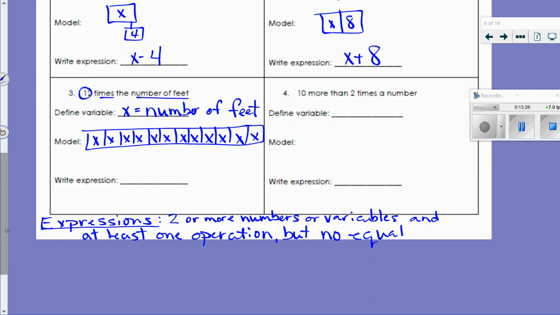So, guys, remember, multiplication is just repeated addition. So my model is just all those X's beside each other, which gets to a very important point when we